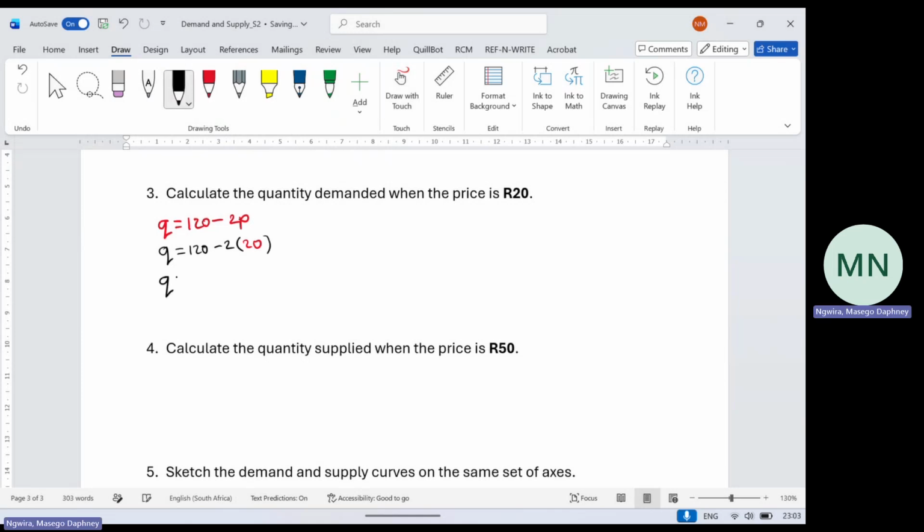Then my Q, quantity demanded, will be 80 bags when the price is 20 rands. All right. And then now we move on